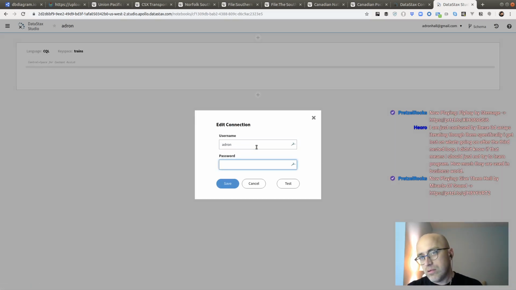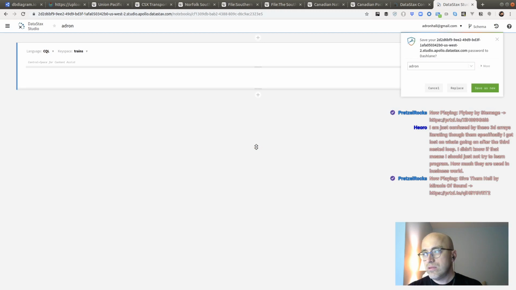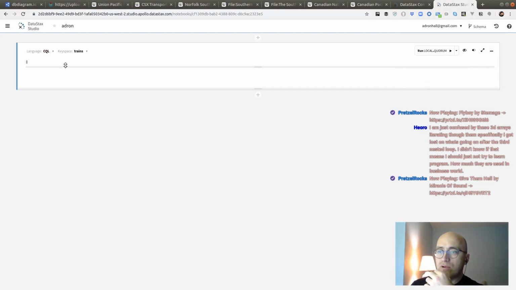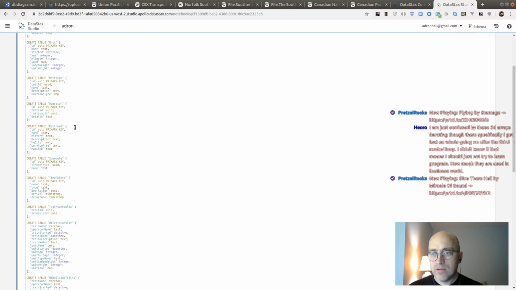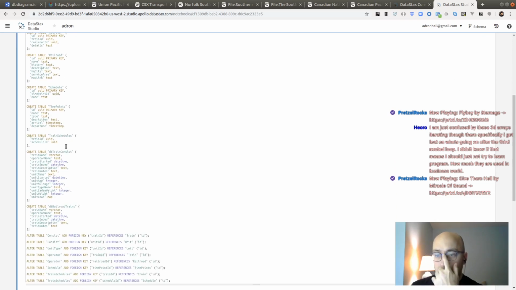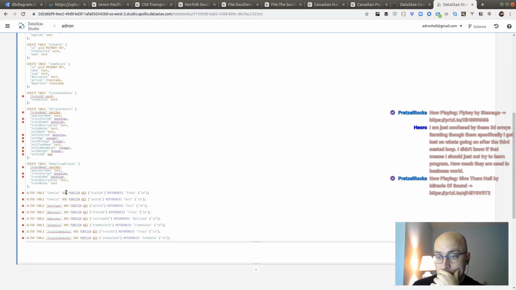I think that's my password. I don't really know. Okay, seems to have worked. So I'm going to paste all that in. Create table. Create table. There we go.